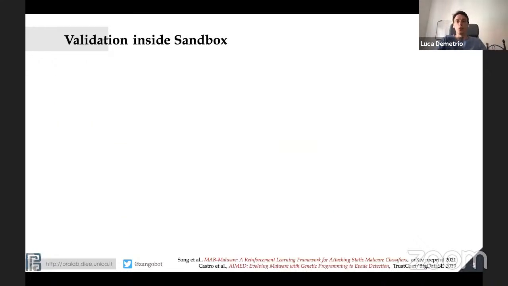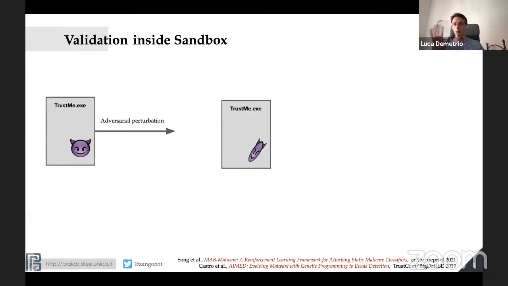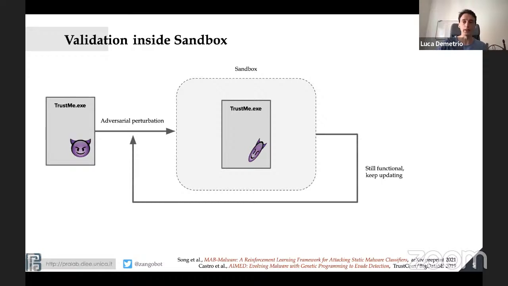Second thing is, what can we do to bridge this gap? What can we do to create adversarial malware that is not broken while we create adversarial examples? We take our malware and we perturb it somehow, and let's just forget about what this perturbation is, and then we put it inside the sandbox. We run the malware and we say, okay, this malware is still working, so I can repeat the process of the perturbation, rinse and repeat, until I create an adversarial malware.